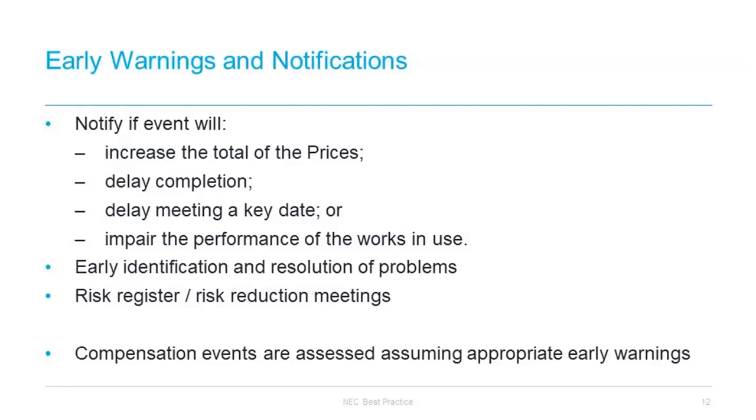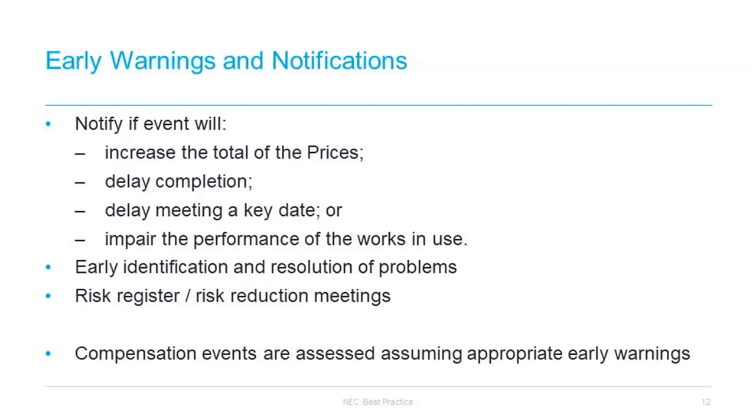Early warnings are an important project management tool embodying the philosophy of early identification and resolution of problems, and are a key contractual mechanism. This sets the NEC contracts apart from other standard form contracts, as the contractor simply cannot bottle up claims until the end of the project. Equally, the employer cannot just leave the contractor to sort out claims that they have become aware of. Both parties must notify each other of issues as and when those issues occur or are foreseen. In addition, the contractor may give early warning of anything which could increase the total cost of the contract.